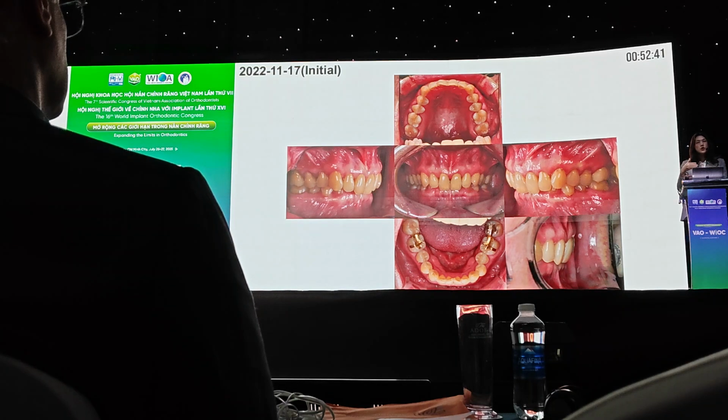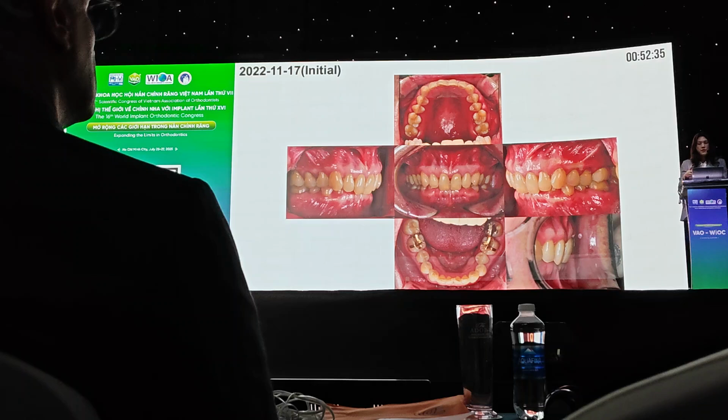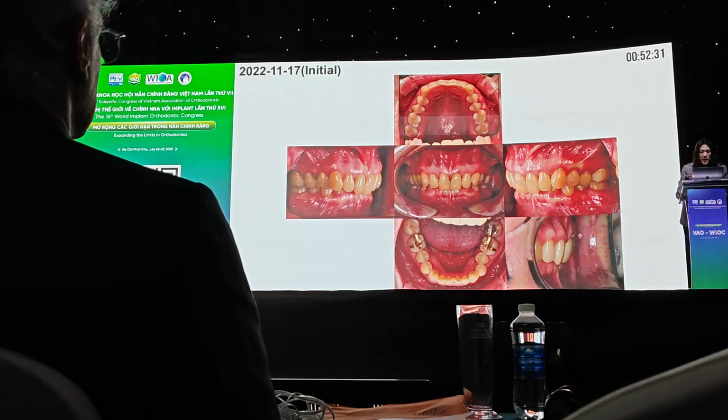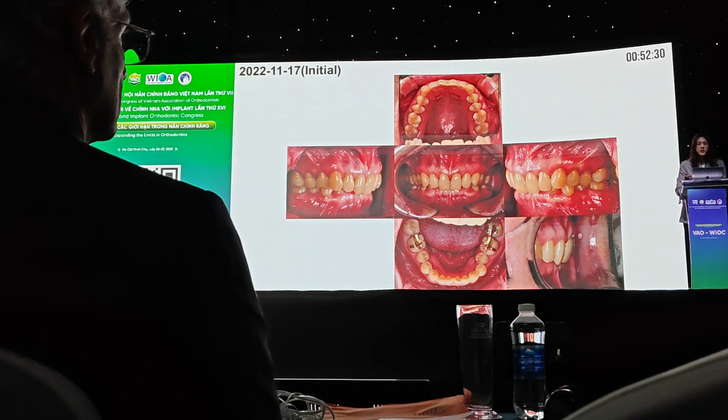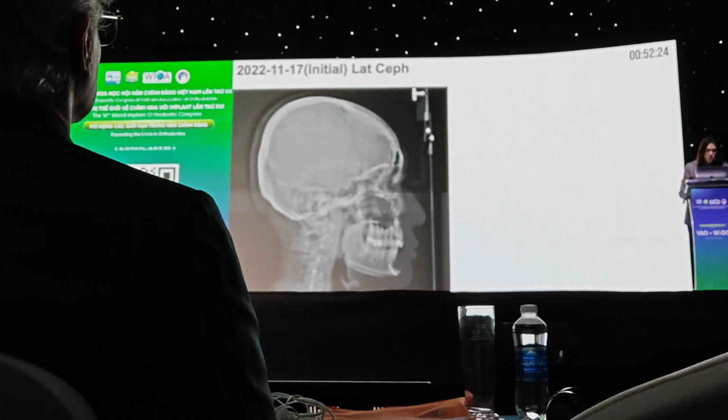And that large overjet with normal overbite, you will not be able to have a stable occlusion, right? So it's important to diagnose and see that you will also have to correct the sagittal as well as the vertical problem. So she's class 2, severe deep bite,